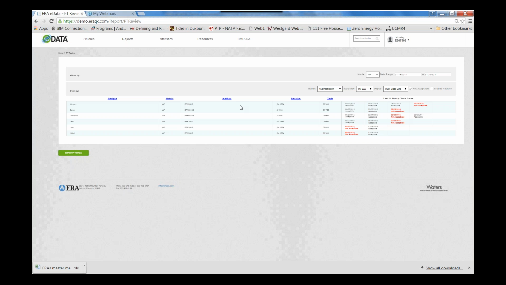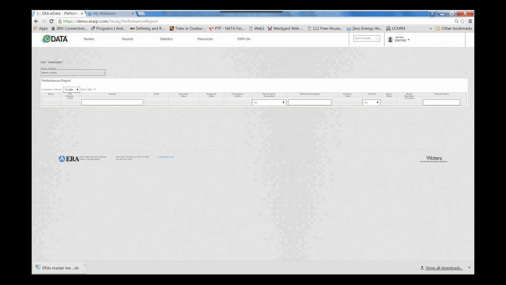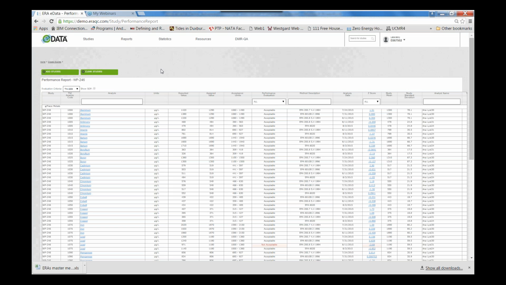So now that I've identified that I've had that failure, unfortunately for lead and for nickel in WP 246, I've checked out to make sure that my accreditation is not at risk for either one of those analytes. I'm going to take a look at how I did on the rest of the results. So for that, I'm going to go to the performance report, and here I'm going to use the search to pick out my WP. I'm going to look at WP 246,